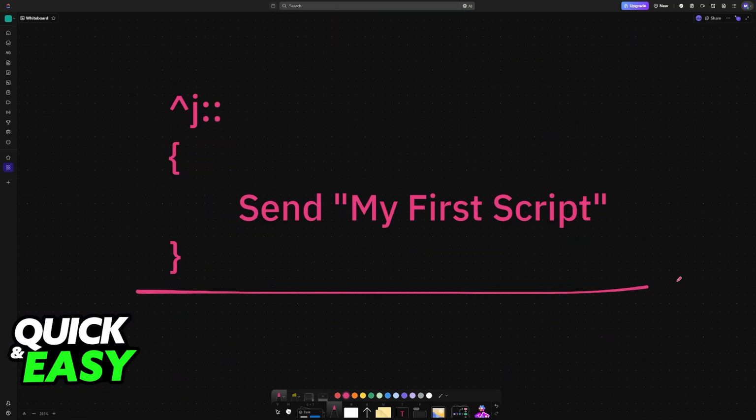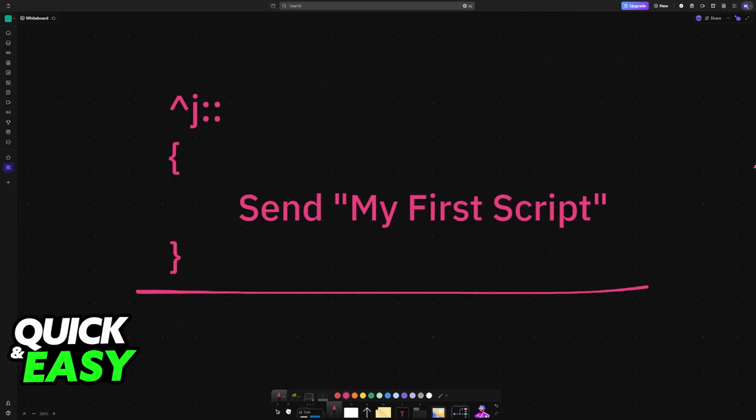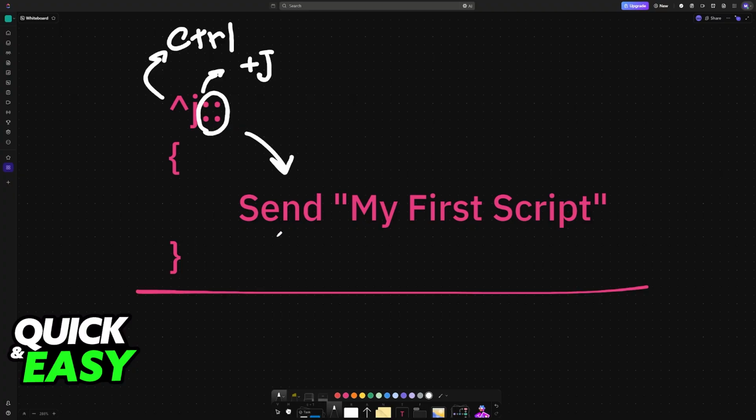So this is an example of a script that you can create. Notepad will open when you click on this option here, and then you can type something like this. In this example here, what's happening is that this is going to be the hotkey to execute this command. So here, this upwards facing arrow is going to be Control, and J is going to be the standard J key on your keyboard. This means that by pressing Control and J, the following command will be executed: send my